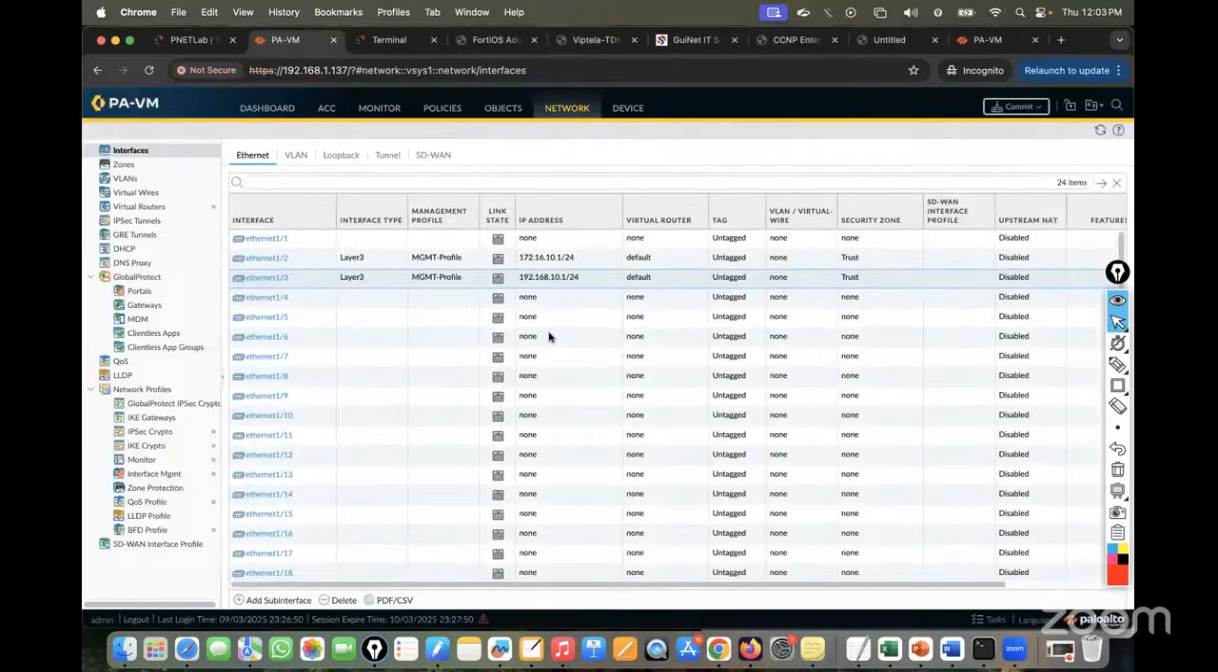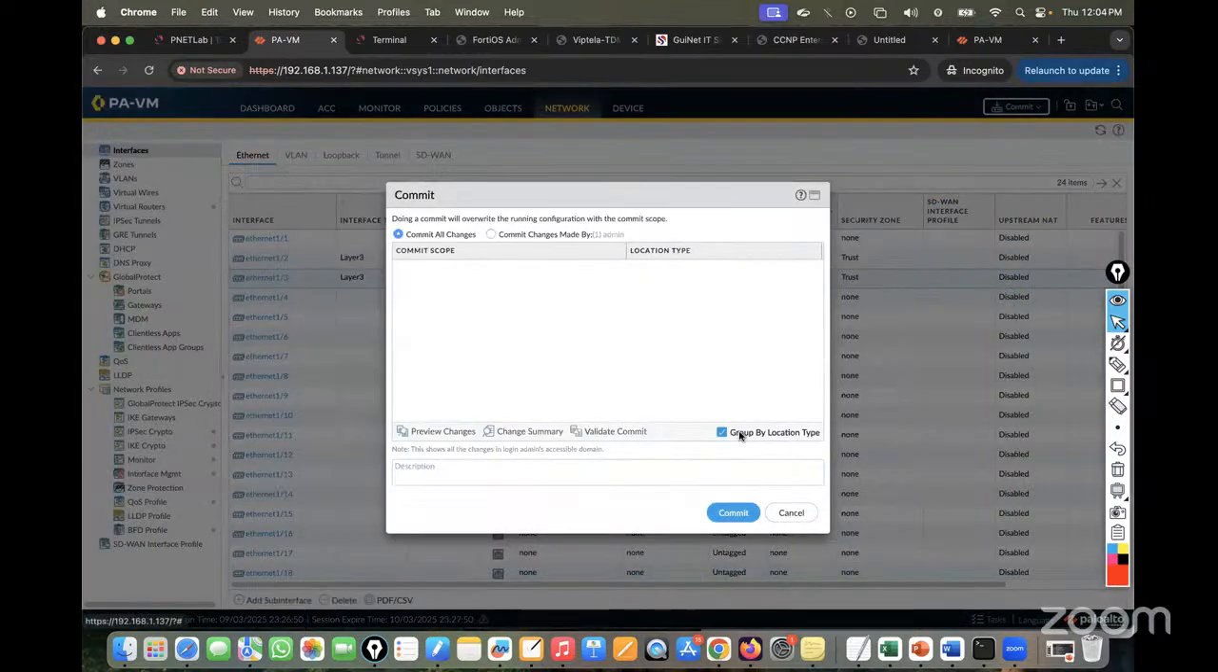I'm not going to do any other configuration. Just these two configurations, I'll commit this. Nothing more than that. Okay. And we'll see, are they going to meet all three requirements? See, so